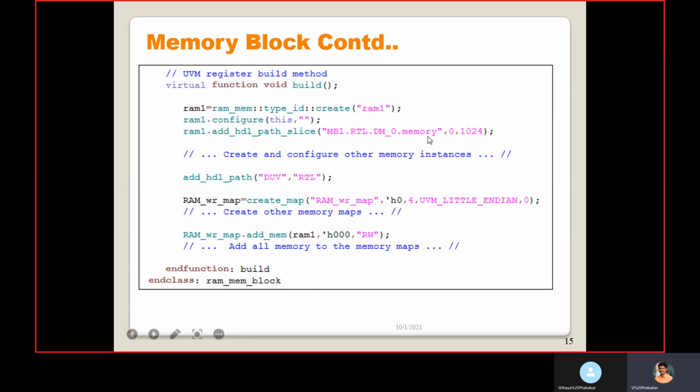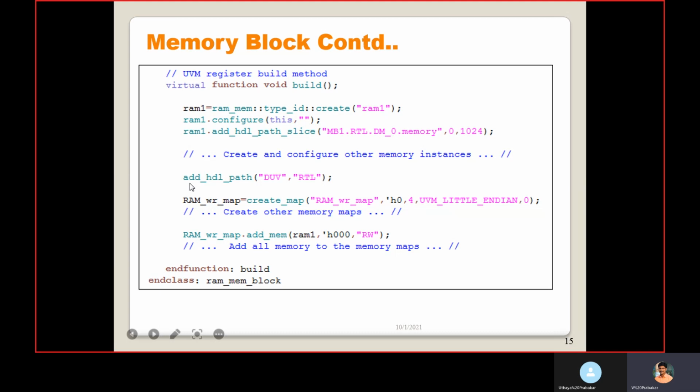This is the path inside the RTL, this is the starting address or offset address, and this is the size of the memory. If you have multiple memories, you need to add all the memories here. Then add HDL path. This is the design under specification with that instance name, and this is the kind of RTL path that we need to mention in add HDL path.